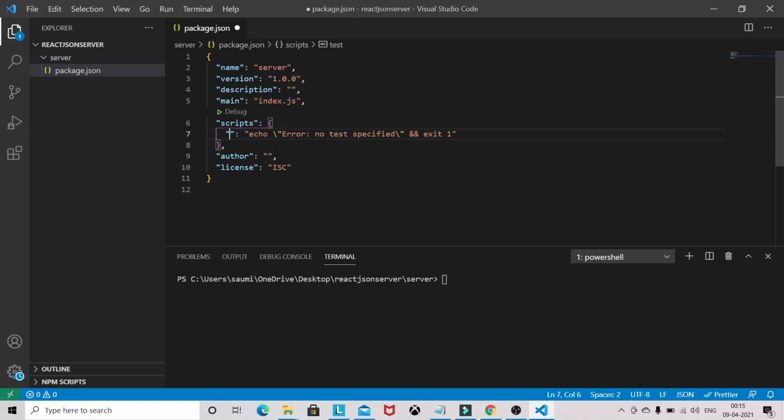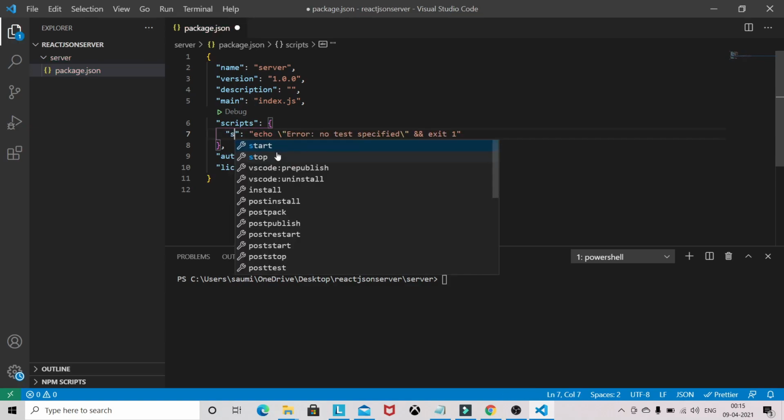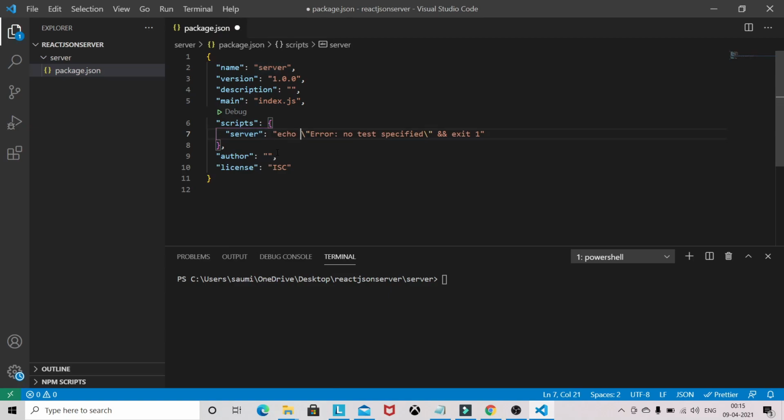I will add server, and I will write the command to start the server: json-server --watch db.json. We will create this file, and I will listen to that server on port 500.